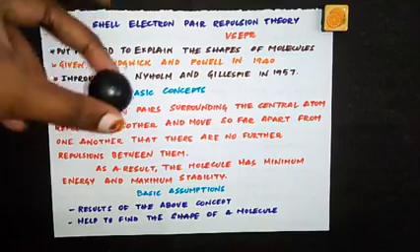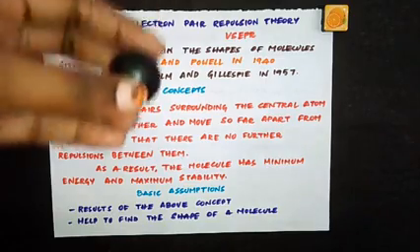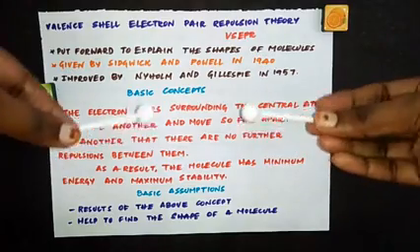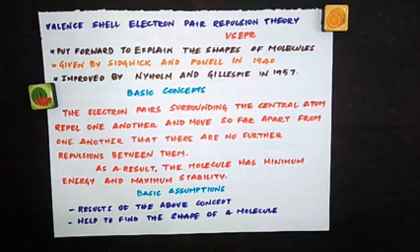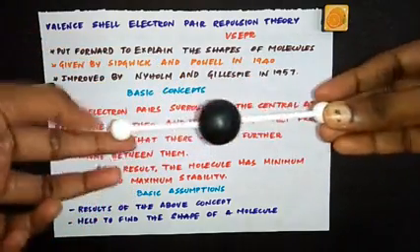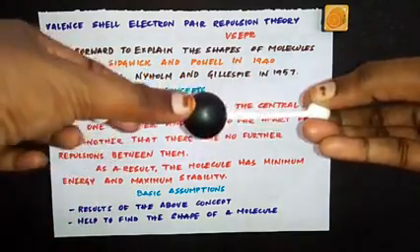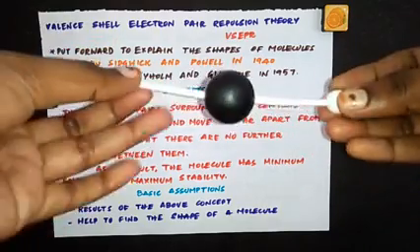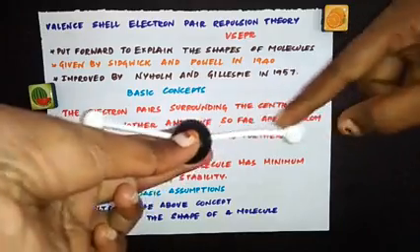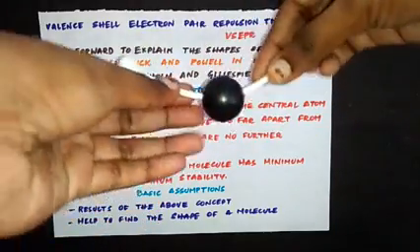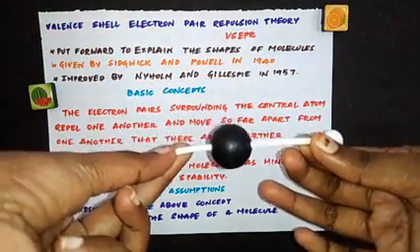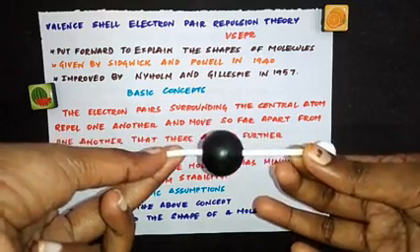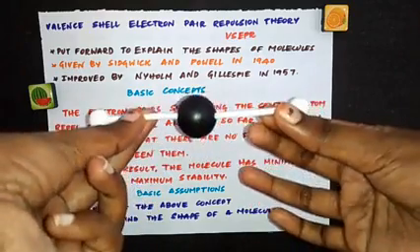Let's take this as a carbon atom. This carbon atom is bonded to two oxygen atoms. So we get carbon dioxide. So I'm bonding it. See, I'm getting carbon dioxide. These are the two oxygens and this is the carbon. What VSEPR theory says is, this is an electron pair, and this is also an electron pair. They will repel each other and move as far apart as possible so that the repulsion between them is no more. So they can be like this, in a straight line.